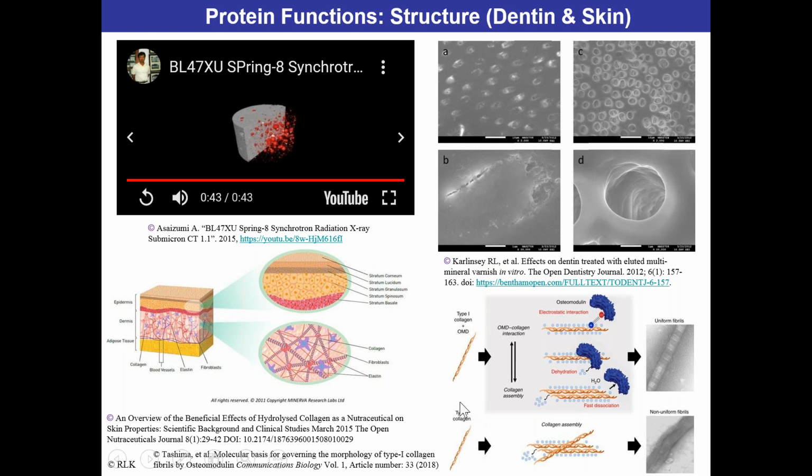Here's some type 1 collagen that's responsible for some of the structure. You can see what happens here in the assembly of this, and if it's directed, then you're going to get these nice uniform fibrils. If it's non-uniform, you're actually going to get some of this disoriented stuff. And so this can actually be synthesized, and this is part of the biochemical approaches, biomedical approaches, in trying to